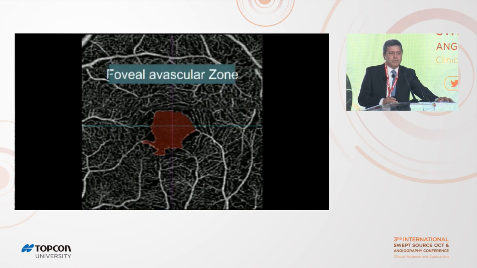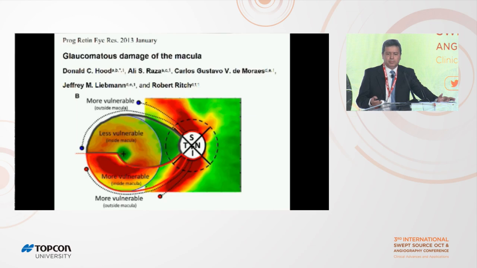Let's start with the hot topic that everybody's looking at today, the foveal avascular zone, which, for some reason, seems to be a good marker for glaucoma and other diseases, inflammatory diseases. And why are we looking at the macula again in glaucoma? Well, this is a very nice review